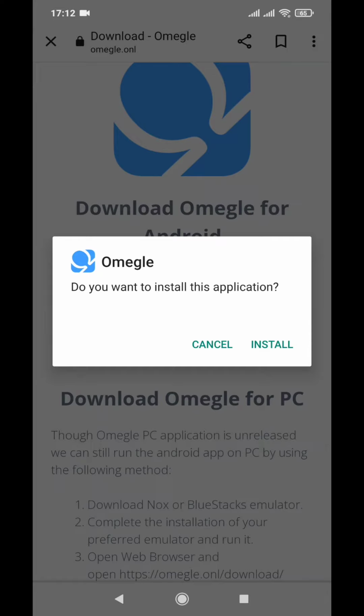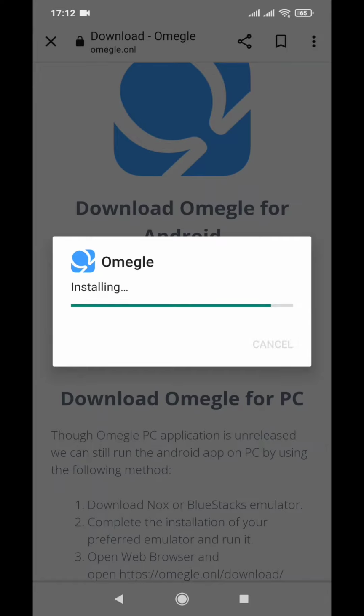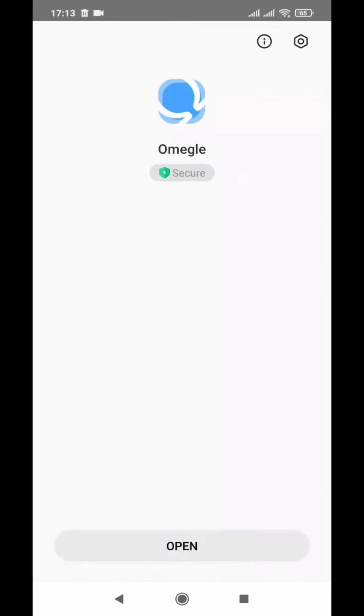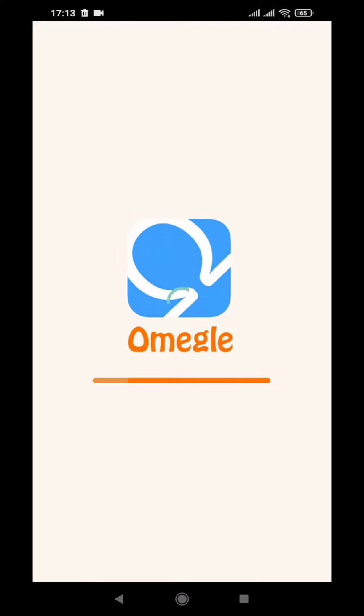Do you want to install this application? Install. And now here it says open, so open. And yes, it may take some time to open, and really, if it does not open for you even